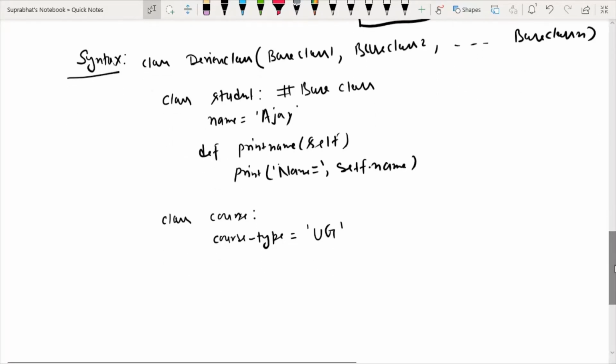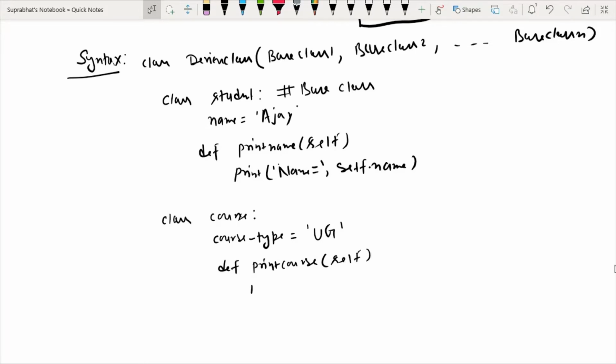So in this class also we have a method, def print course, and I'm just printing course equals self dot course underscore type. So now this is also a base class.